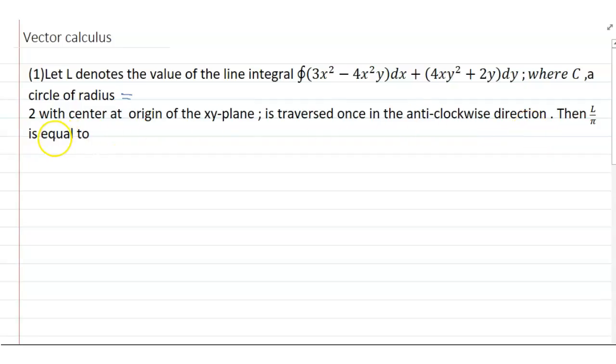Then L by pi is equal to what? So friends, you see that the problem is 3x²